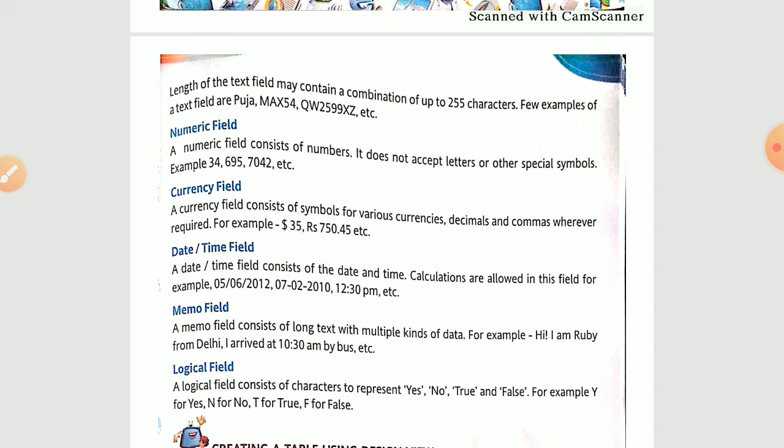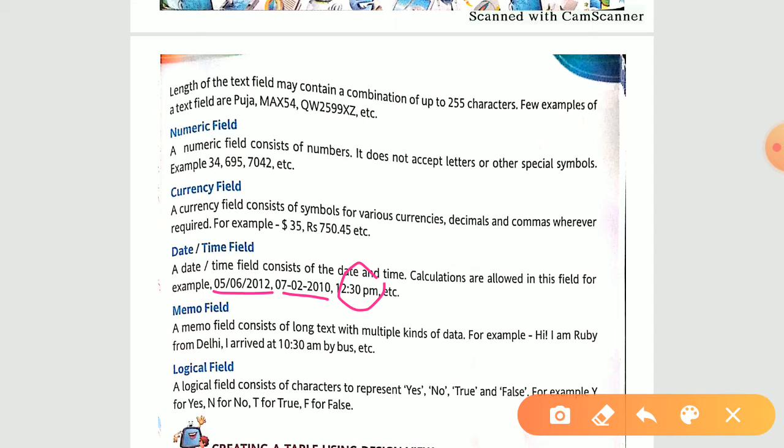Fine. The fourth one is the date or time field. Obviously this contains your date and time and all the formats that we are having, everything is being followed over here. You can take the examples. See, one format of date we are having over here, second format of date we are having over here, and time also we are having over here with AM or PM. Okay, so we also have the date and time field.